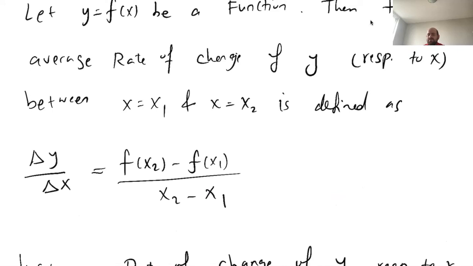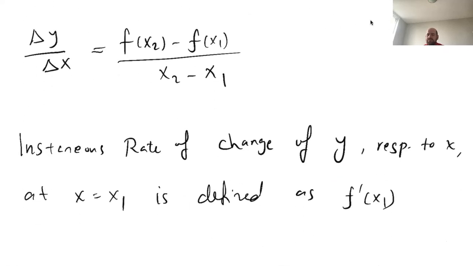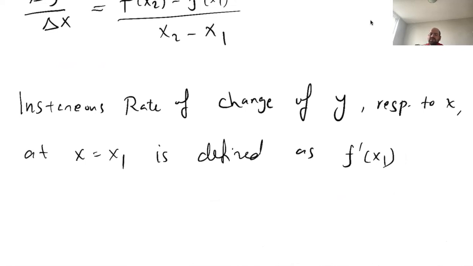So average rate of change is just a high school concept, nothing to do with derivatives, just simply delta y over delta x. Instantaneous rate of change, however, is another name for the derivative of a function at x equals x1. So the instantaneous rate of change of y with respect to x at x equals x1 is defined as f prime of x1,